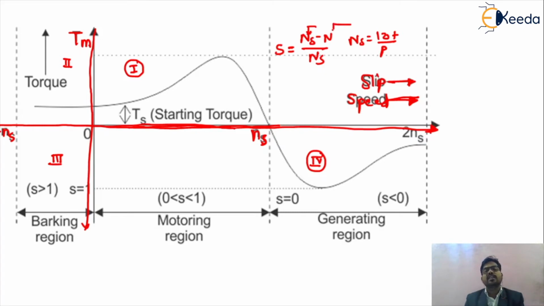What do you mean by n? It is called the rotor speed. So if you want to get the value of slip, because slip is a very important term, slip is the synchronous speed minus rotor speed divided by the synchronous speed. And synchronous speed is the speed of the rotating magnetic field. So this is the representation of your slip characteristics. But for the sake of understanding, we are only considering the torque speed characteristics. So friends, in the first quadrant, as we know, it is the forward motoring mode.